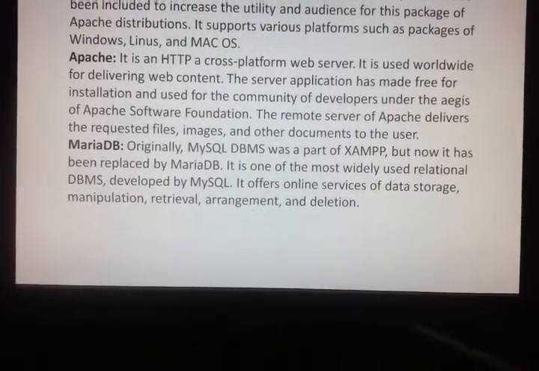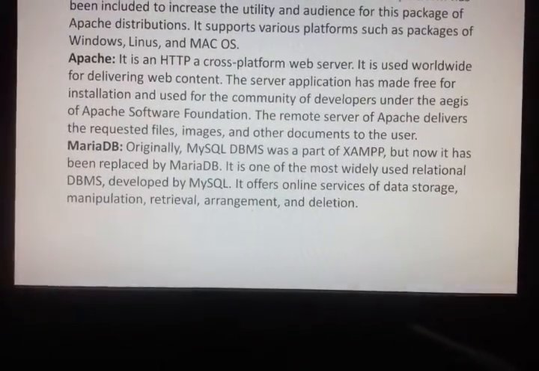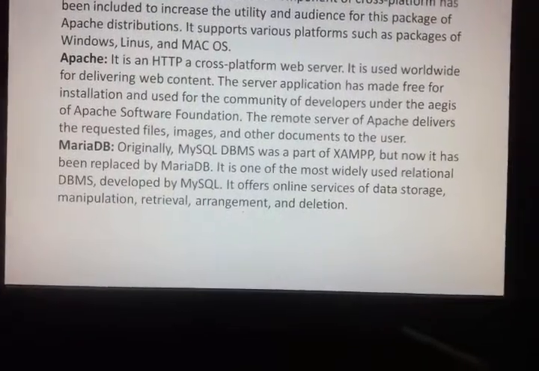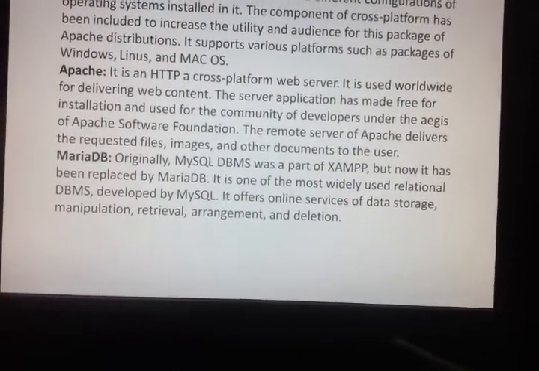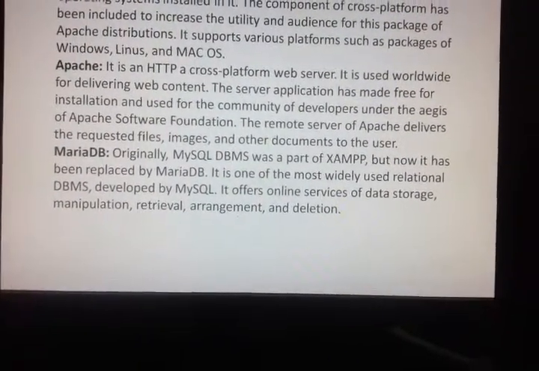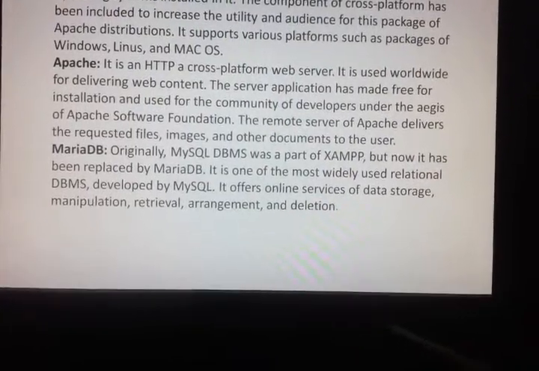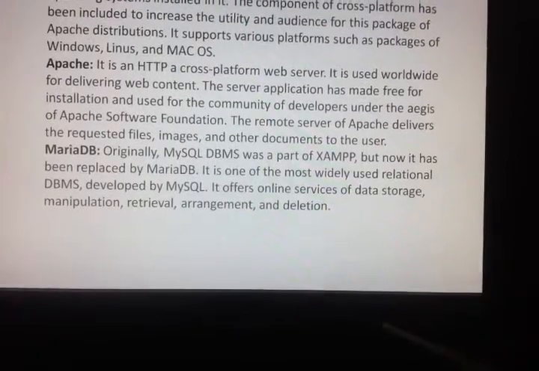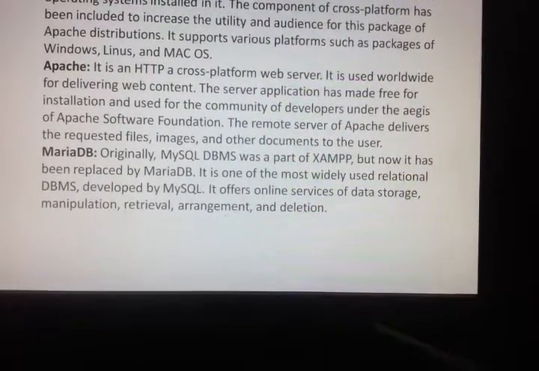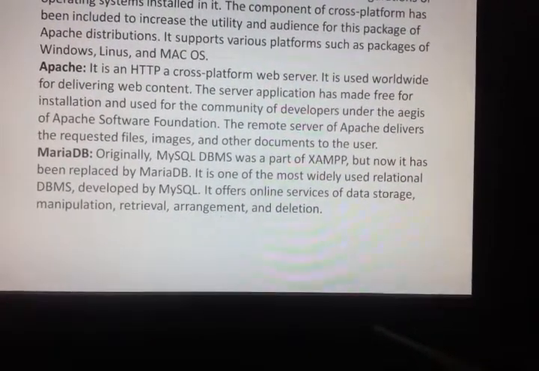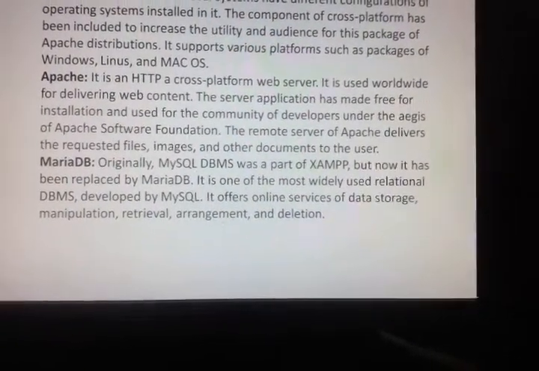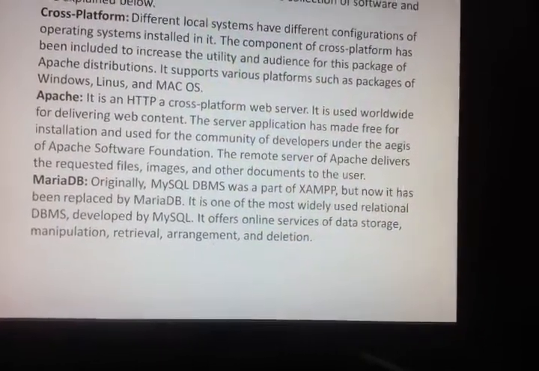So for that database, if it is a small program, it's okay, but if you are dealing with large data or files, compulsorily we have to move to a database, and MySQL is the one which is a famous freely available database. That's why it has become a part of XAMPP.